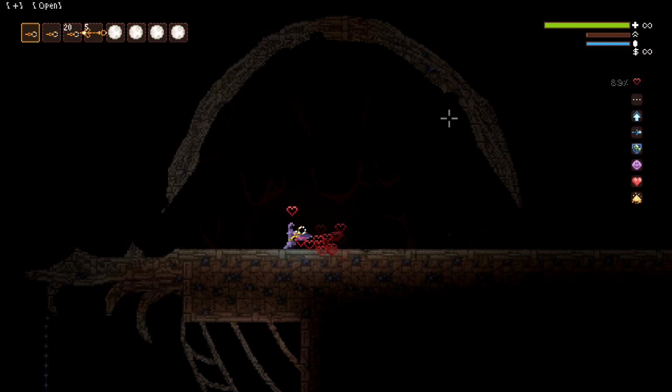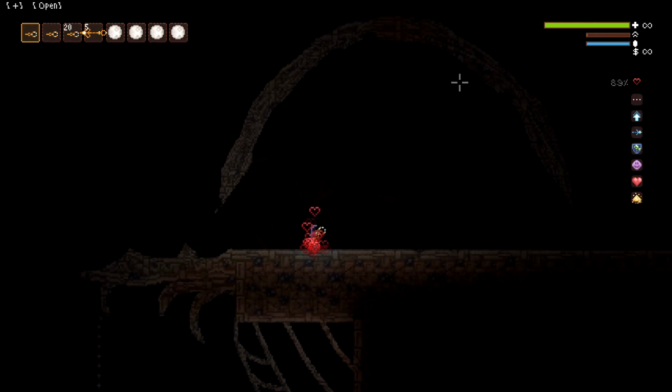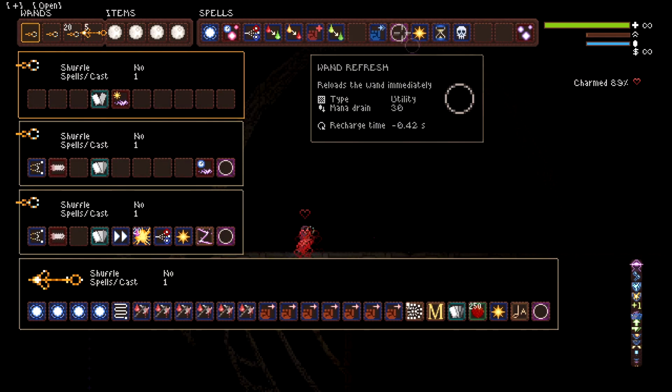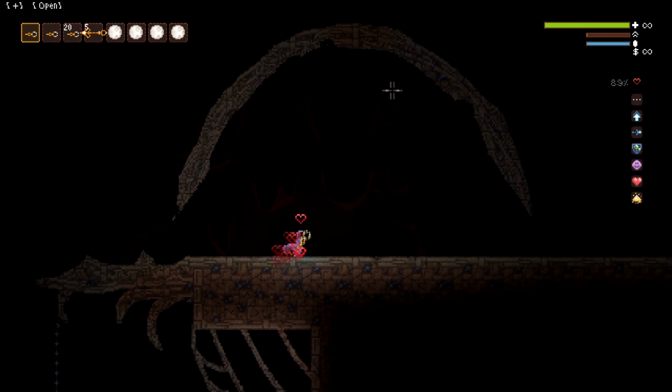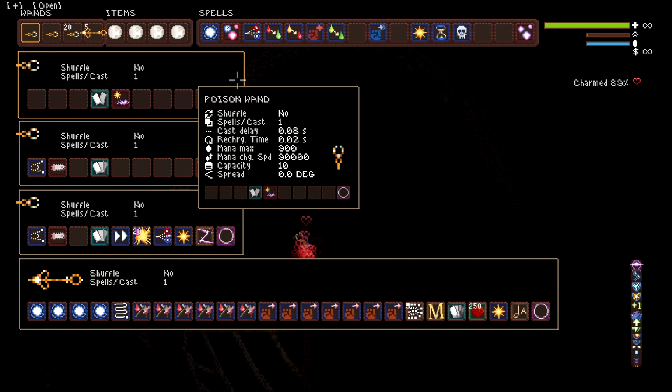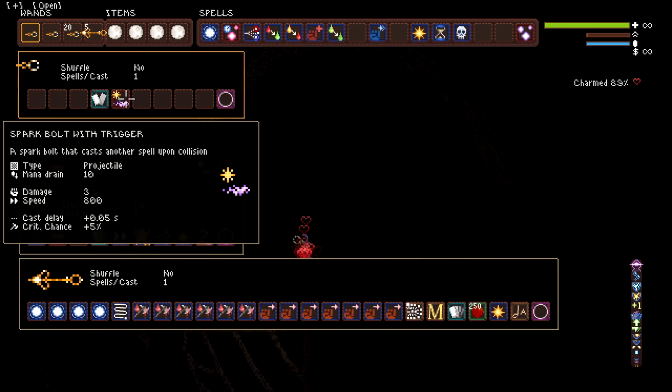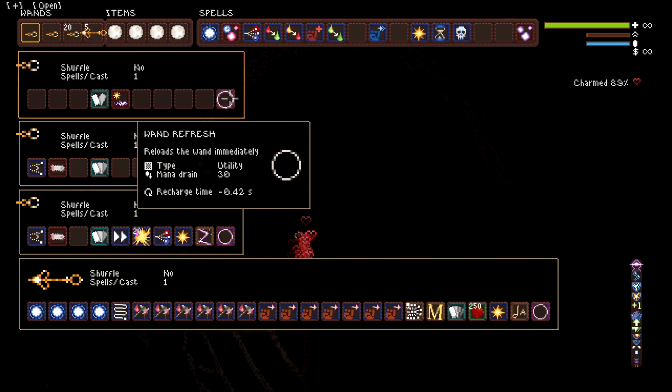It's not the easiest to see. If we were to take this off, you can see just a normal spark bolt, and with this on, an intense spark bolt. What's actually going on is this wand is casting every spell that it can with its mana pool. This has a 900 max mana pool, so it's casting however many spark bolts it can fit in with 900 mana. I don't know if it takes into consideration wand refresh, but I'm pretty sure it does,